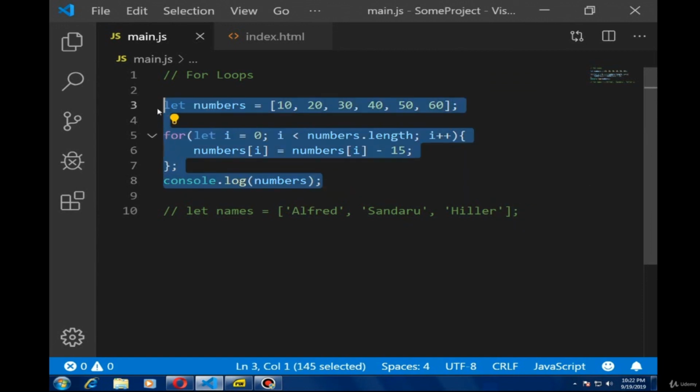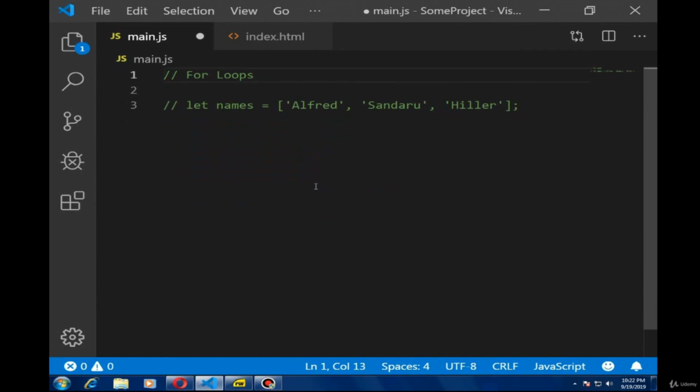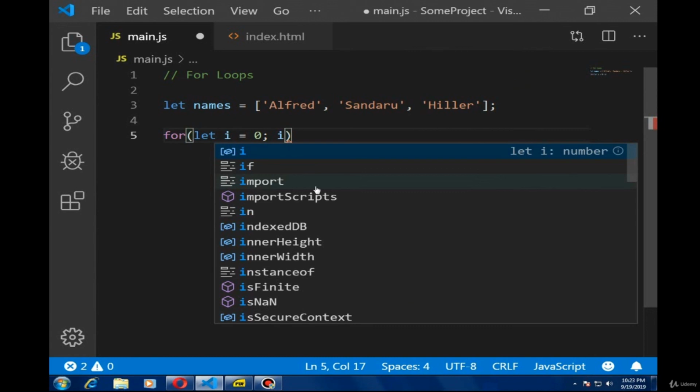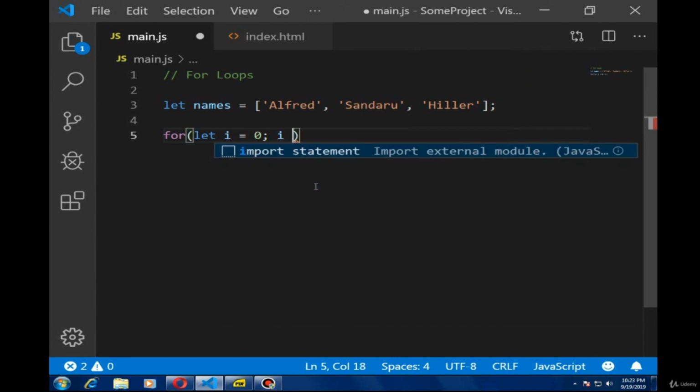Let's see what is the requirement of for loops with string arrays. Okay, this is a names array, so I will write a for loop. The initialization of the iteration is I equals 0, because computers start to count from 0. This is the statement which will be checked every time the for loop loops. I is less than